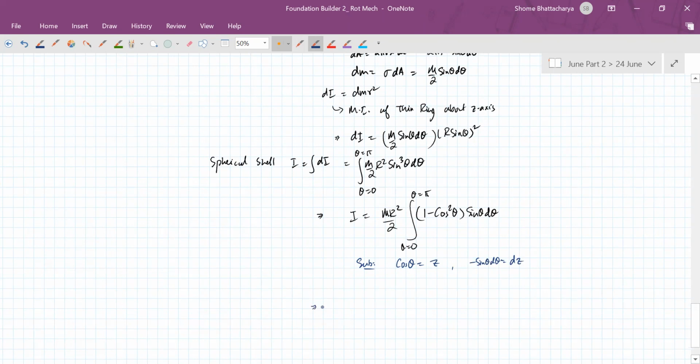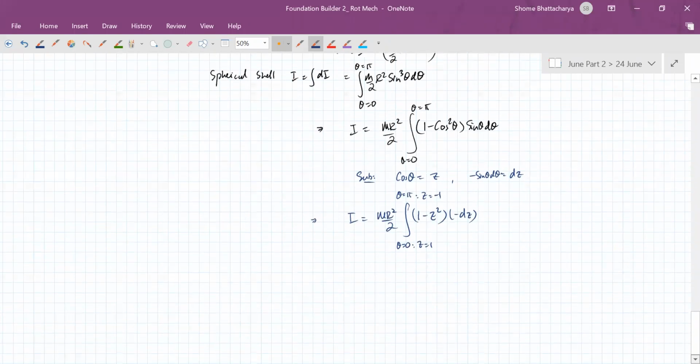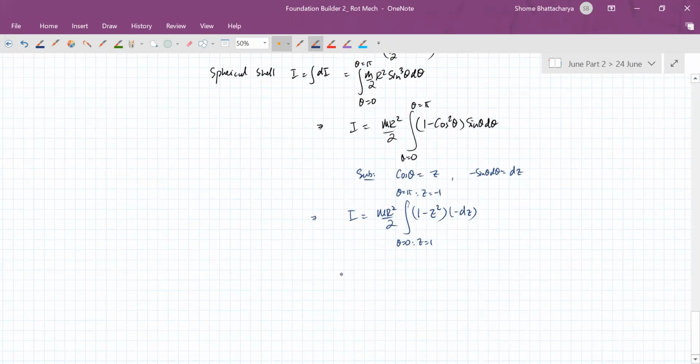So the moment of inertia by integration will become the integral of 1 minus z square into minus dz, from theta equal to 0 corresponding to z equal to 1, to theta equal to pi corresponding to z equal to minus 1. Okay. So we will get